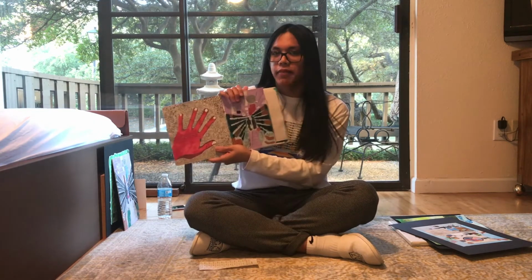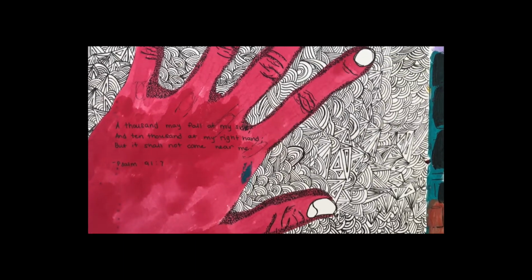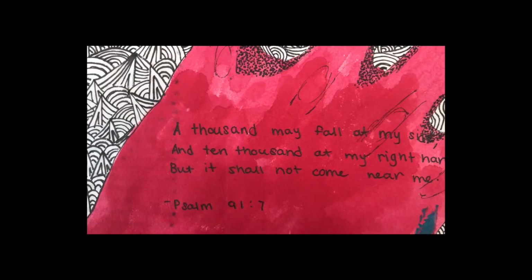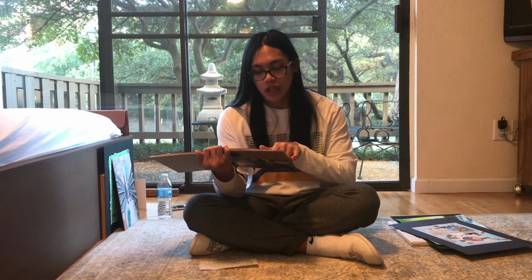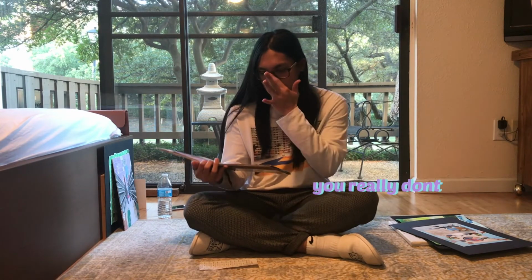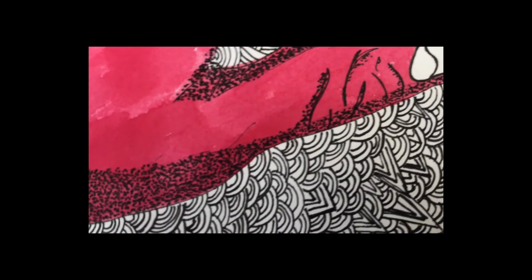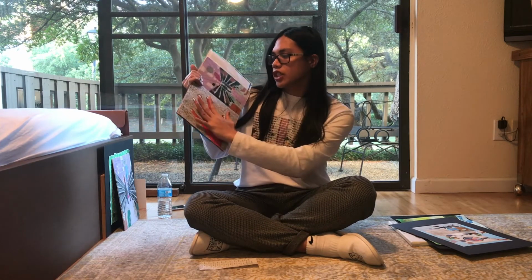And then this one is my hand, and it has a verse of the Bible. It's Psalm 91 verse 7, and it says, a thousand may fall at my side and ten thousand at my right hand, but it shall not come near me. It's like a psalm of protection. I always say a little prayer before I go out of the house, because this world is crazy and you don't know what is going to happen. You really don't. Then I did some design around it, and that took a pretty long time. But what's really weird about this is that it says right hand, and this is actually my left